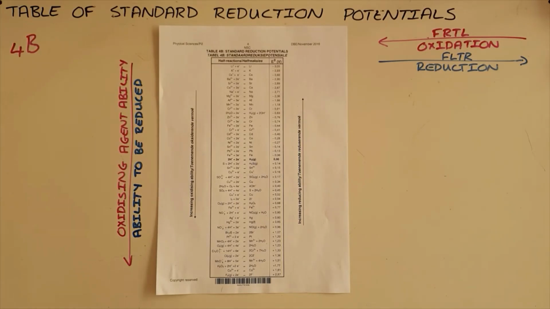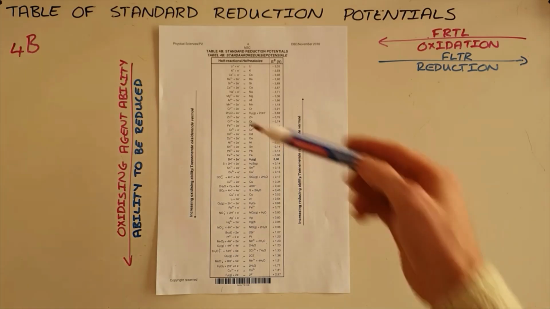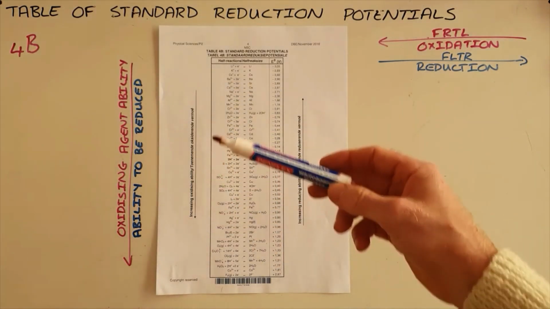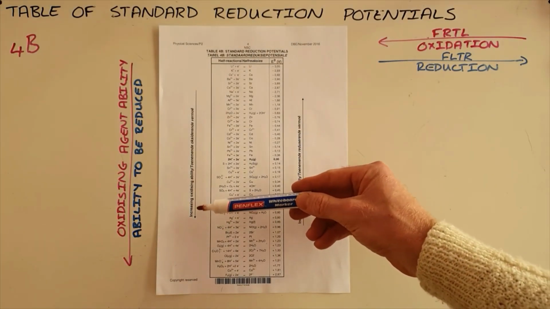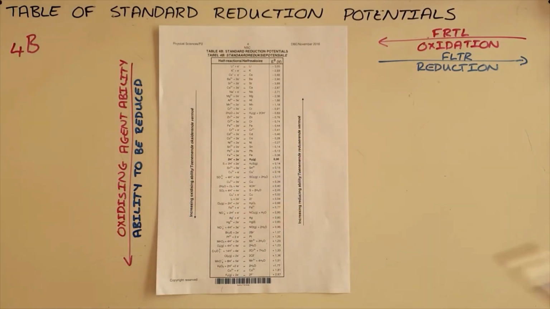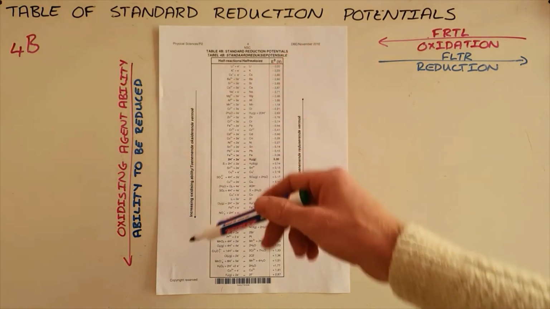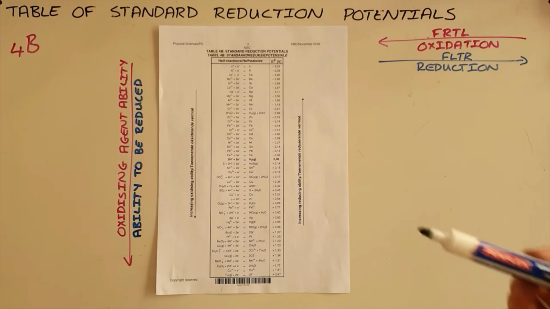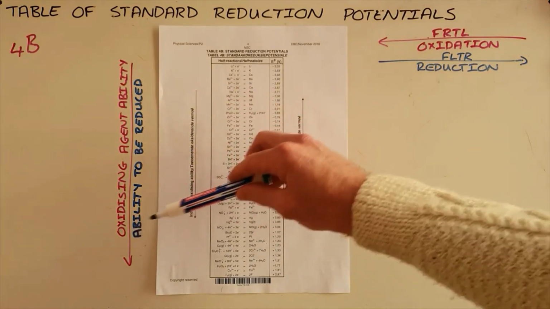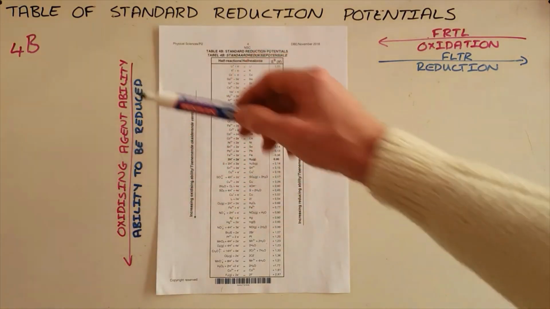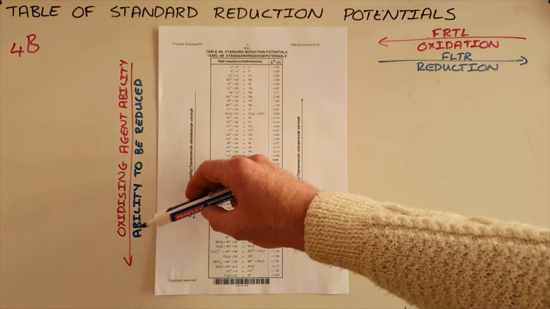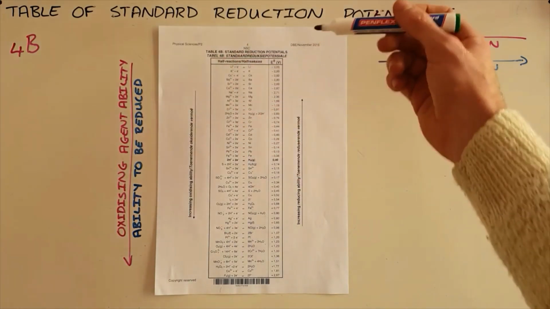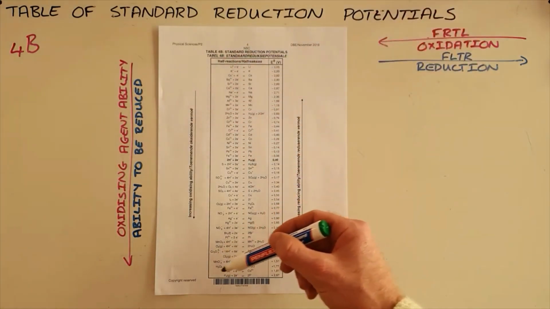I always encourage people to use table 4B specifically, as it makes it easier to determine whether or not a reaction is spontaneous. What this then means is, if we look at these arrows down the left and the right hand side, we see that the arrow pointing downward states this is the increasing oxidizing ability, which is often misinterpreted as the ability to be oxidized, where that is not what it actually means. What it means is that it is an increasing ability to act as an oxidizing agent, which is more simply put as increasing ability to be reduced,